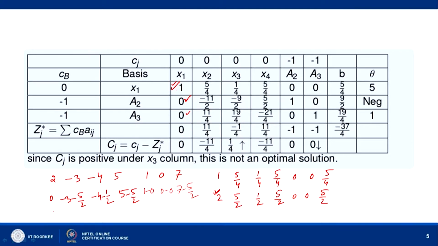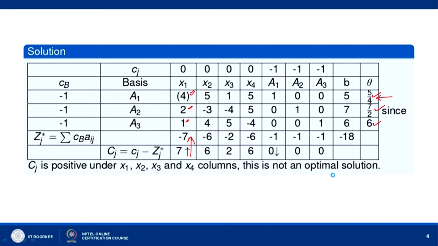All right. So, we get 0, and then we have minus 11 by 2, minus 9 by 2, and then we get 5 by 2, 1, 0, and then we get 9 by 2. So, you can see here 0, minus 11 by 2, minus 9 by 2, 5 by 2, 1, 0, 9 by 2. Okay. And from the third row we subtract just this row, this one.